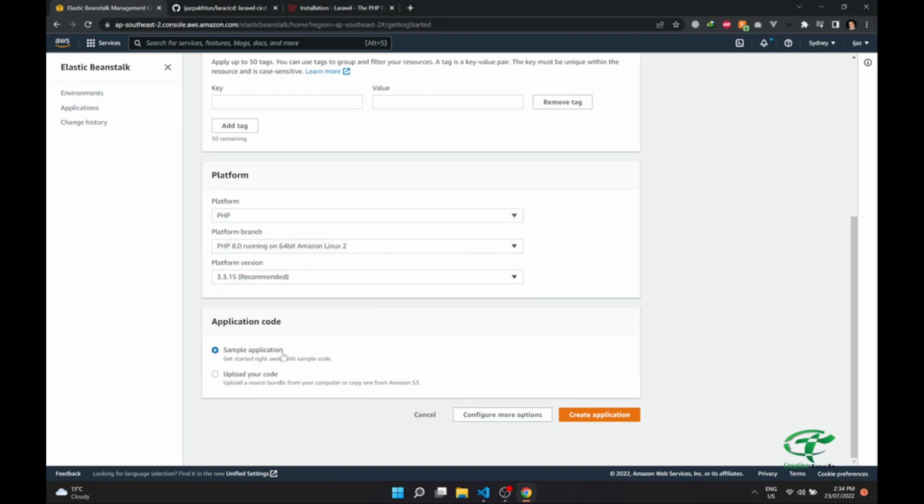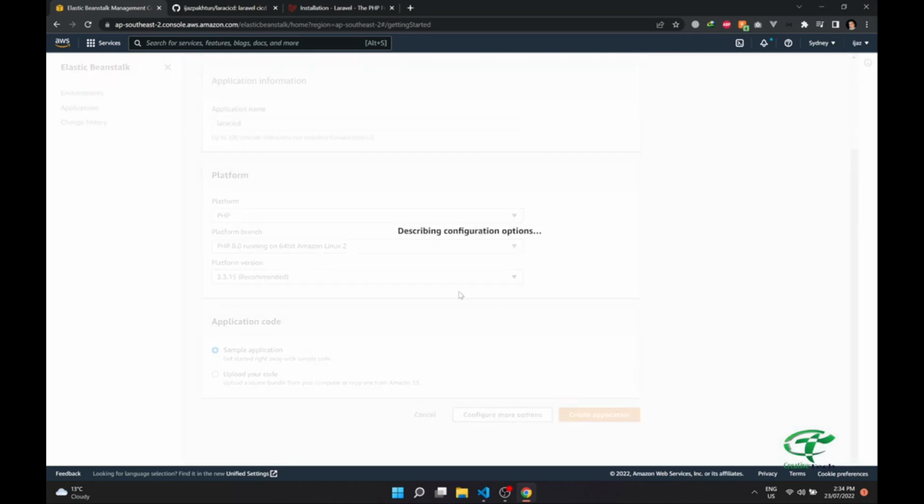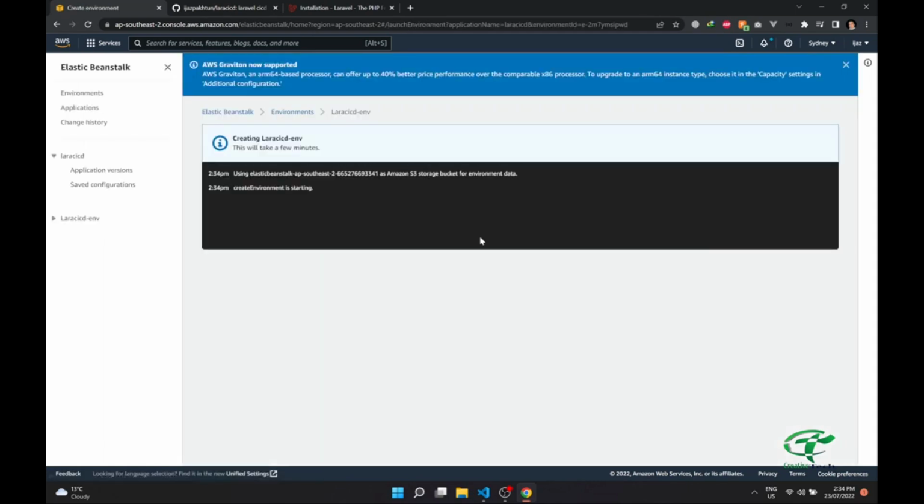And there are two options, sample application and upload your code. So I will choose sample application and we will create the application. And this will take some time because it will install all of the things and set up our PHP environment. So in the meantime, we will create